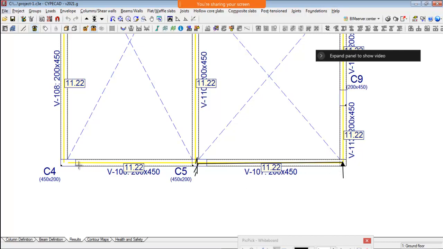It's also continuous here. You can see this beam goes continuous here, and there is a fixity here also. Okay, we have the combination of simply supported at one support, continuous or fixity at the other support. This is the combination of simply supported and fixity.